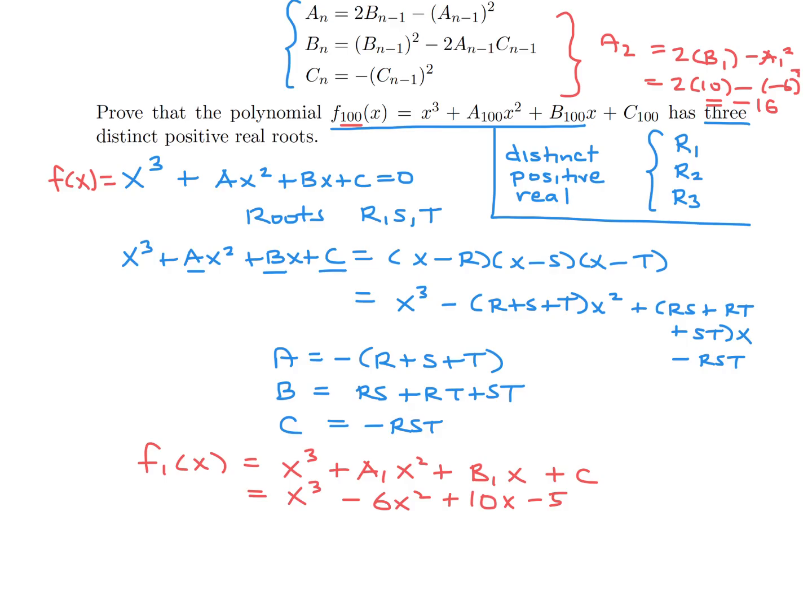And similarly, you do the same for b2 and c2, and that would give you the coefficients for the polynomial f at 2. You got it, just like how this is f at 1. F at 2 would be with a2 instead of a1, b2, and I guess c2 instead of c1. All right, so